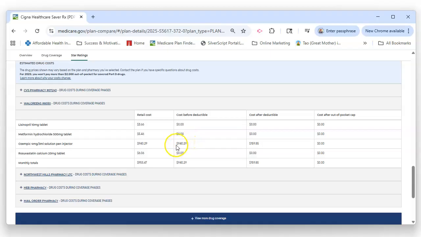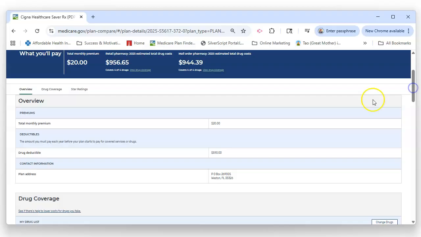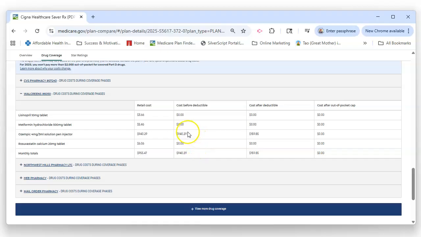So now it's not actually going to cost you $940. What you want to do is you want to go up and see what is the deductible, and that's listed at the very top. Drug deductible, $590 per year. So going back down there to that section, that means this is going to cost you $590, and then you're going to pay your percentage for the cost of the drug. Once you meet your deductible each month that you fill the medication, for the Ozempic, you'll pay $159 for each 1 month supply